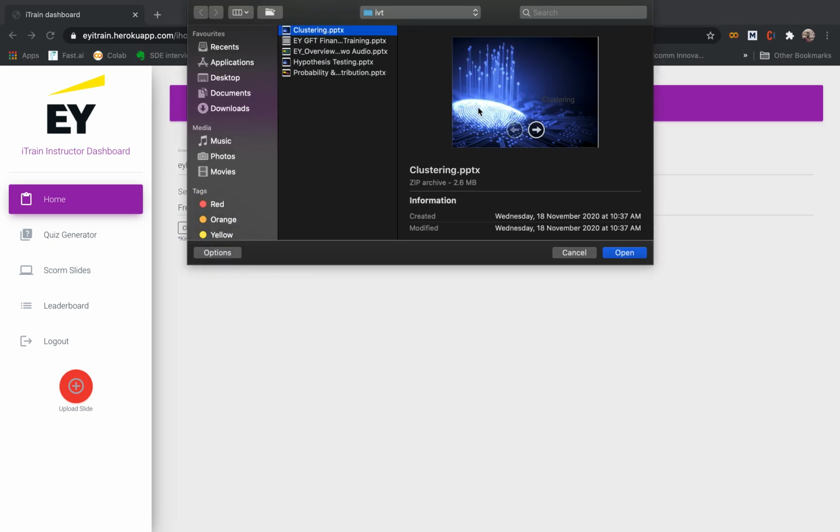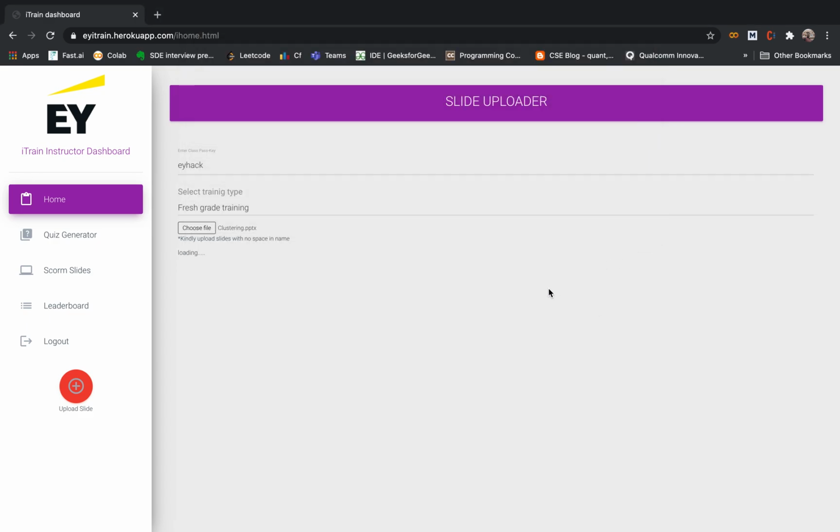So let's say we are choosing clustering that has been provided by the Hackathon team to us, and it's been submitted to our backend that is now at present hosted on AWS and is highly scalable, as we are using microservice architecture, and each of our services is performing as a separate module. Now let's see when it will be converted. We will get a link. Let's wait for it.